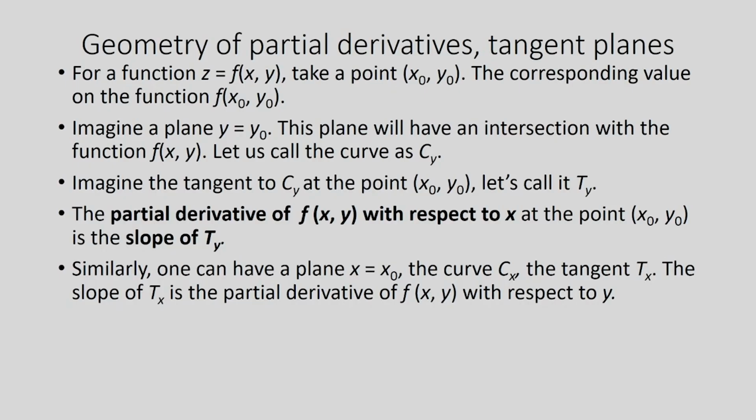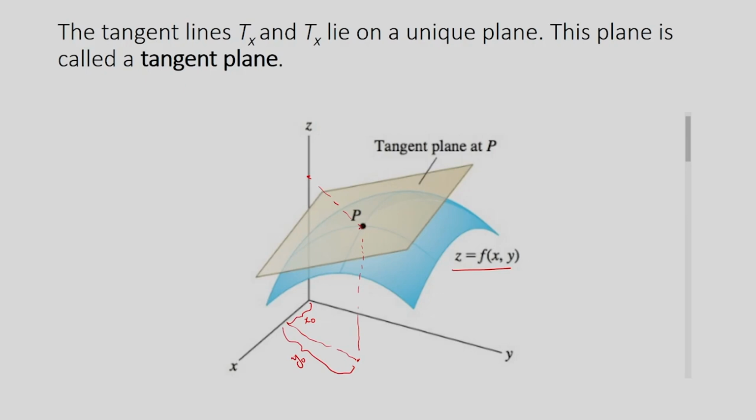Imagine a plane y is equal to y0. This plane will have an intersection with the function f(x, y). Let us call the curve C_y. So, suppose here y is equal to 0 and y is equal to y0, we know it is a plane, right. So, you have basically a kind of wall structure here,